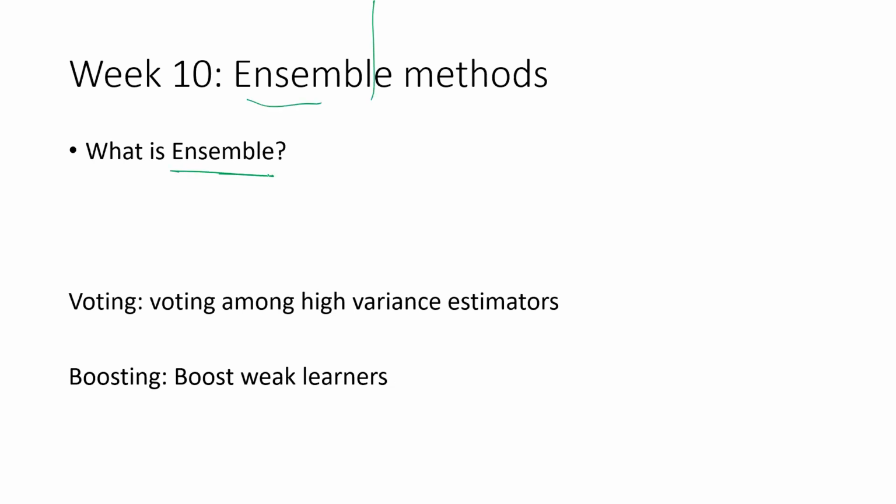So what is ensemble? As the name suggests, ensemble means you just collect the results from different estimators. You just combine the results from the different estimators. Does it make sense to combine estimators which have better performance, I mean good accuracy? Doesn't make sense. So what we do in ensemble methods is we take estimators which are very weak learners, or have very low performance,